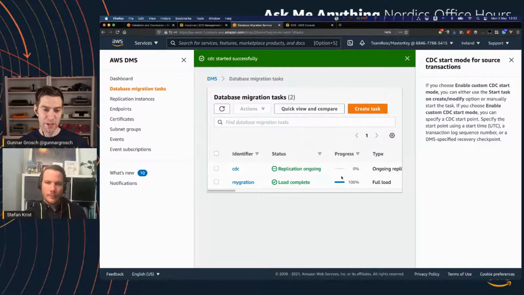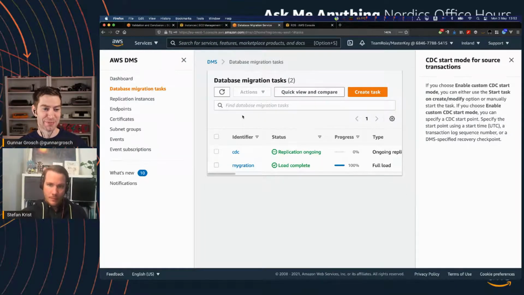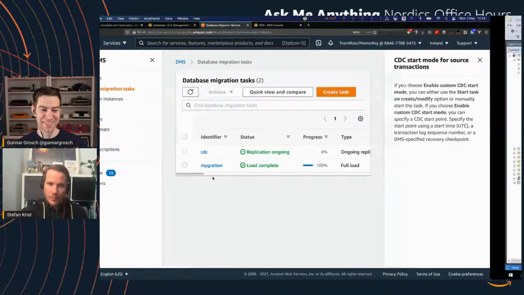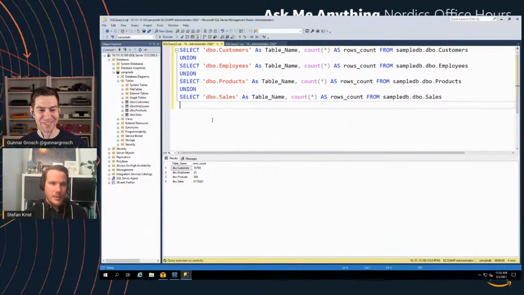Right. So now we have an ongoing replication. So now if we make changes to the source, we would expect that to be replicated. Now my SQL isn't great, especially not the MS SQL. I wonder,